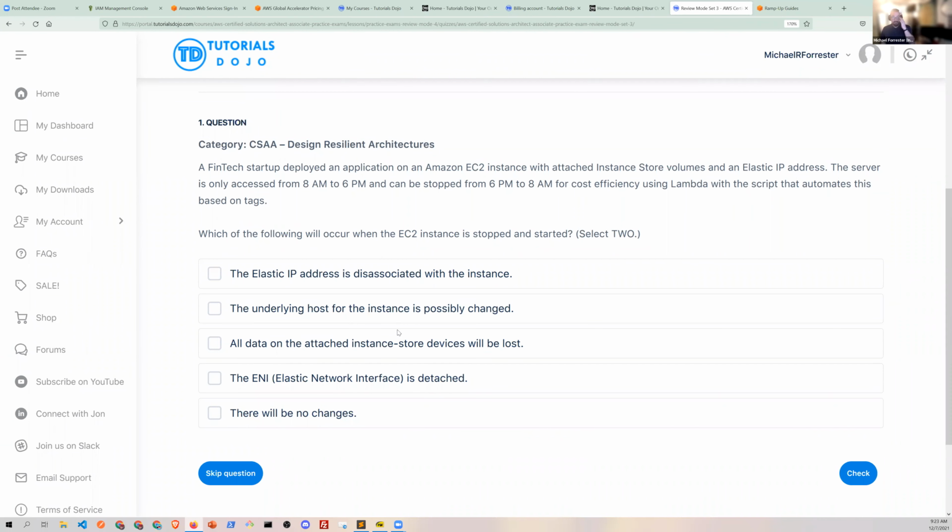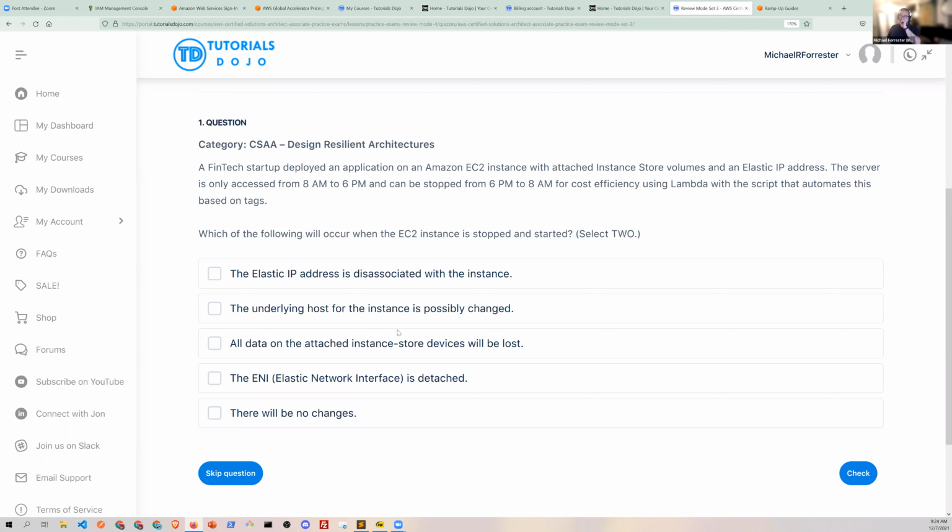Then go back to the question. First of all, what service are we talking about? EC2, right? We're not just talking about EC2, we're also talking about how instance storage works with EC2 and how elastic IP addresses work with EC2. They want to know if you know what will change if you start, stop, or terminate an instance. What happens to instance storage? What happens to the elastic IP address? The rest of that, by the way, is just preamble.